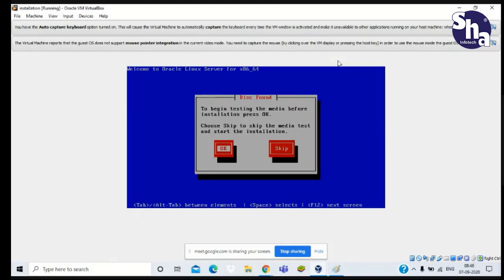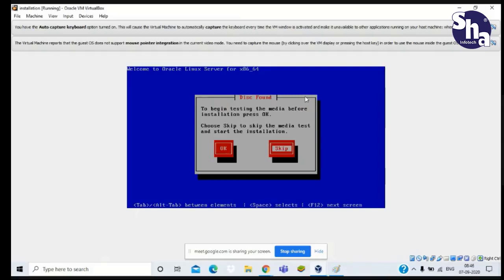Now you can see it is asking some options. Here we have to skip because we don't need to perform any test. All media is set.